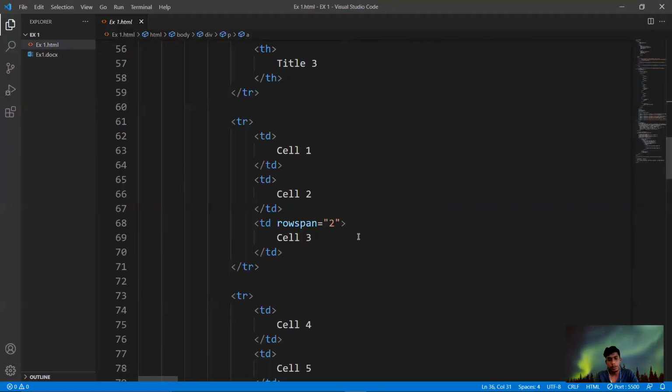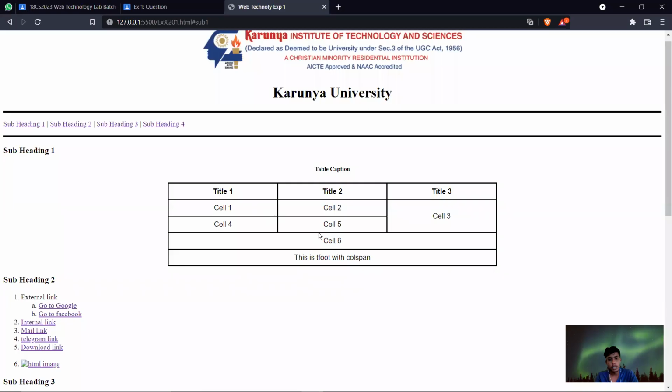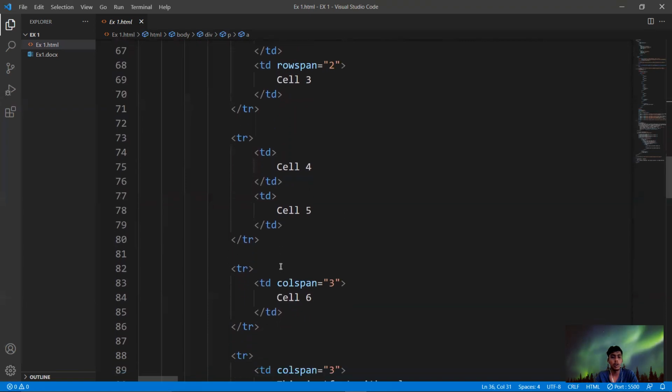So afterwards I'm giving in the next row table data is cell 4, then next is cell 5. So next table row is till cell 6. So that was given in column span. So column span 3 means, so column span is, it will merge columns. So however much value is given, that many columns will be merged.